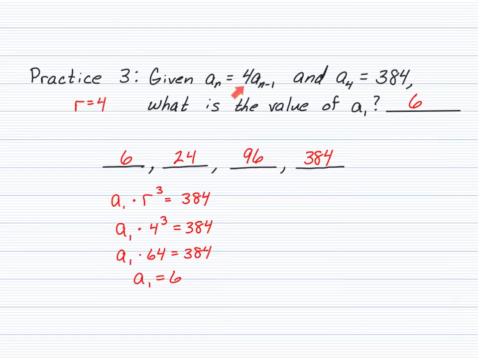Okay, so welcome back. When you have a sub n equals 4 times a sub n minus 1, this means that 4 is our common ratio. It doesn't always have to be a sub n minus 1 times r. That's the same thing as saying r times a sub n minus 1, and that's the situation that we have right here. So the common ratio is 4 right here. So we set up an equation. We said that, well, if this is our first term and this is our fourth term,